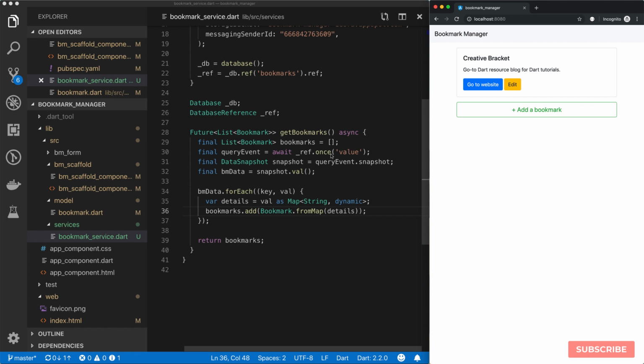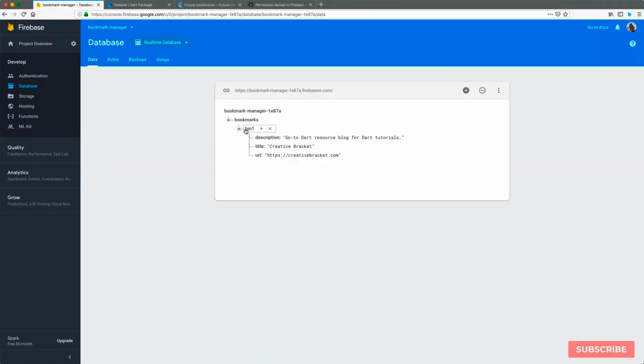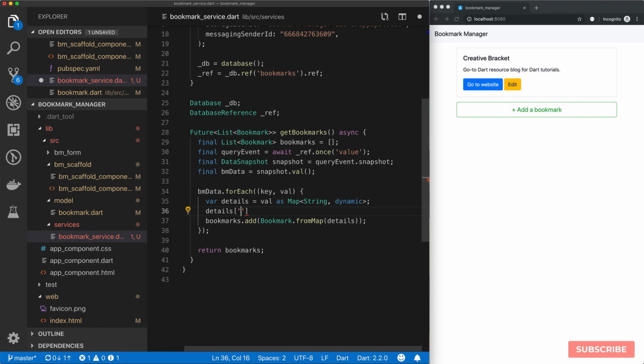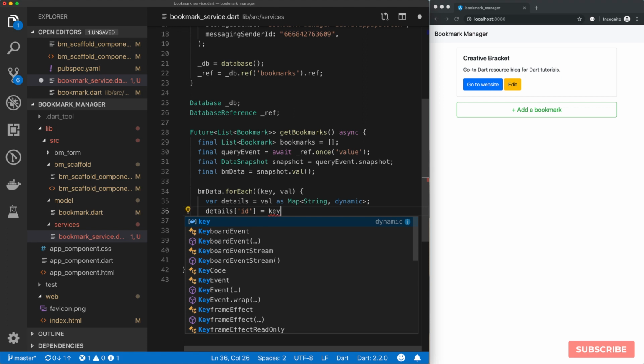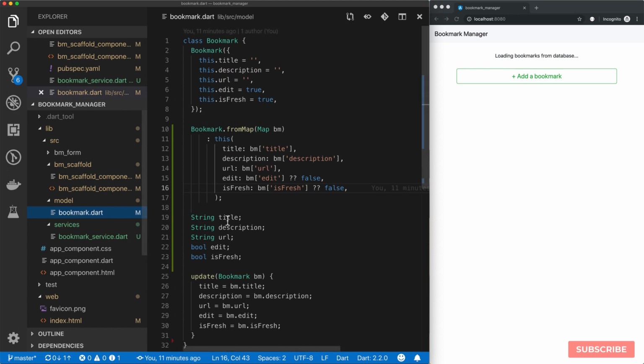Okay, so let's amend our bookmark object to receive this key from our Firebase database. So this key is essentially a unique identifier for each item in our collection. So if I come back to our database, it's going to be this value over here. So what I'll do is augment details, now create an ID, and I'll assign key as the value, which means that we need to come back to our bookmark model and have a definition for